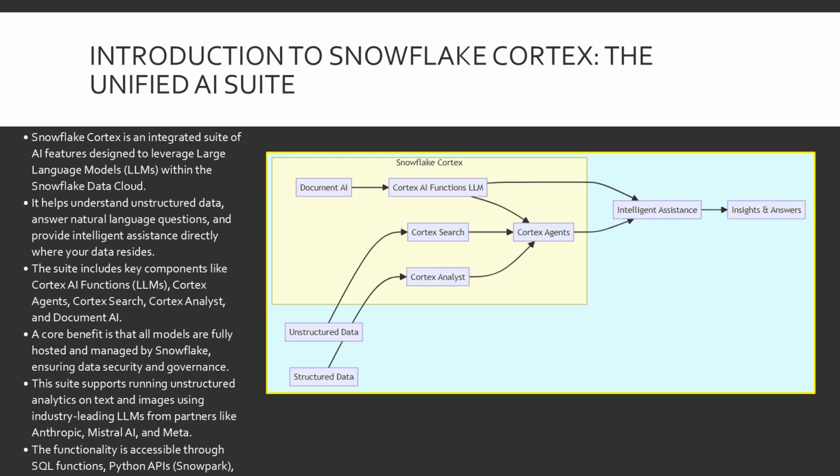Document AI specializes in preparing documents for use within Cortex. All these interconnected components work together to deliver comprehensive intelligent assistance, ultimately providing you with actionable insights and accurate answers, all built securely within Snowflake. This integrated system ensures that whether your data is structured in tables or unstructured in documents, Cortex can leverage AI